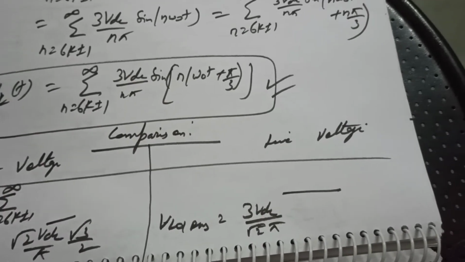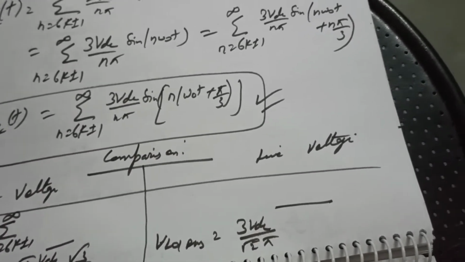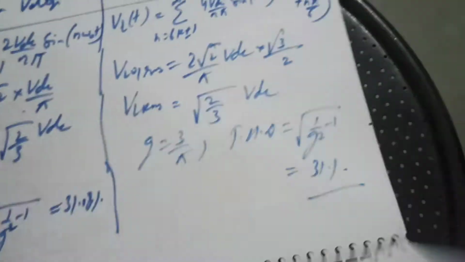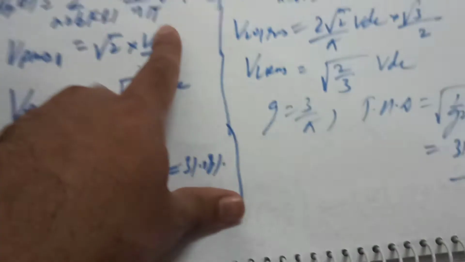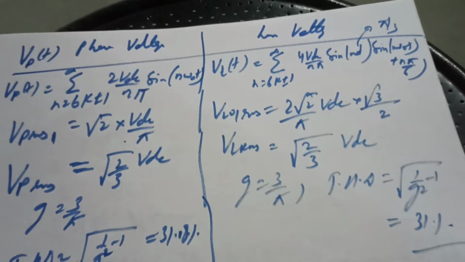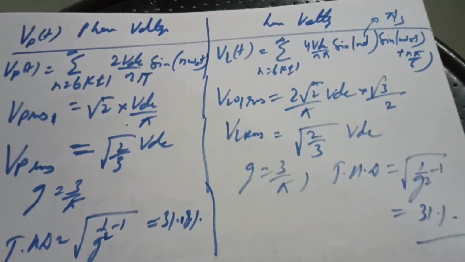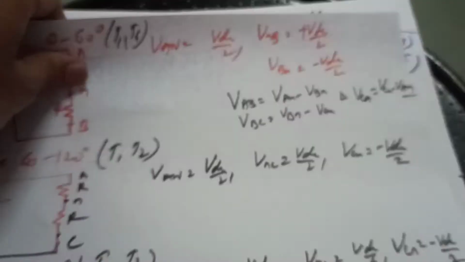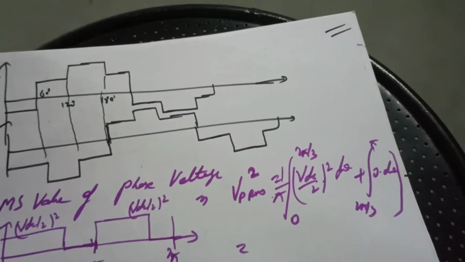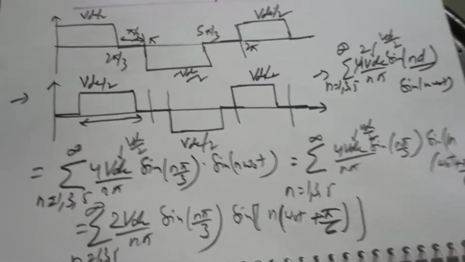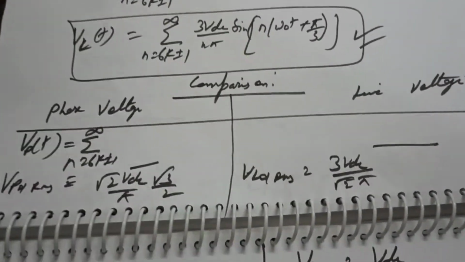So one thing has to be very clear. Just look at this: sin n omega naught t plus pi by 3 plus pi by 6. Have a look at this. There's only one part where there is a phase gap of pi by 3, that was in the last leg, corresponding to 60 degrees. Else there is a phase gap of pi by 6: 2 VDC by n pi, 4 VDC by n pi, sin n pi by 3. Again it comes back to 2 VDC by n pi, phase voltage sin n pi by 3. And the last part is 3 VDC by n pi, sin n omega naught t plus pi by 3.